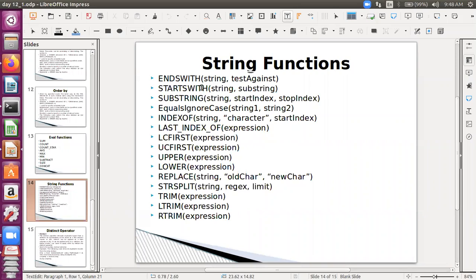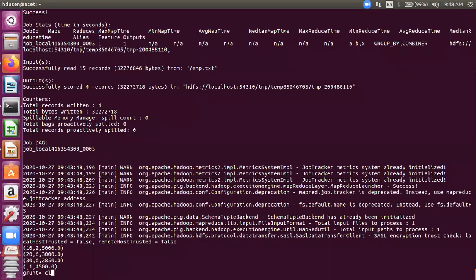So both these functions would be returning either a true or a false value, right? So they can be used with filter. They should be used with a filter, not with a projection with for each. Okay, so I'm going to use these 2 functions for the same relation